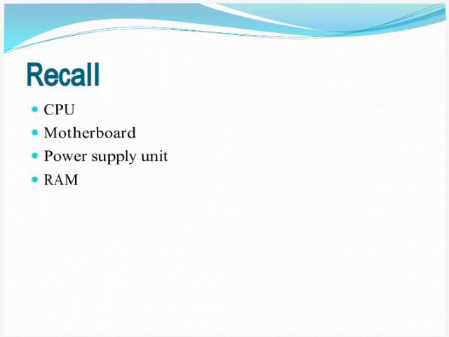First is CPU. What is CPU? CPU stands for Central Processing Unit. It is located in the computer case on the motherboard, and it is the brain of the computer. Its job is to carry out commands. How is the speed of CPU calculated? CPU speed is calculated in megahertz, millions per second, or gigahertz, billions per second, right? What are the processor manufacturing companies we have discussed? One is Intel, another one is AMD.